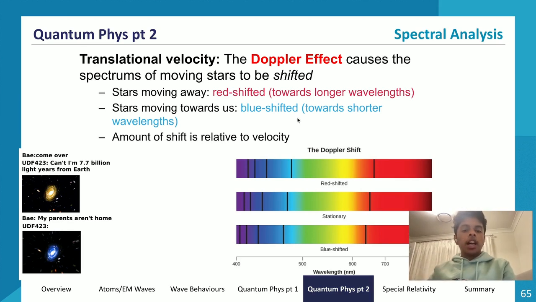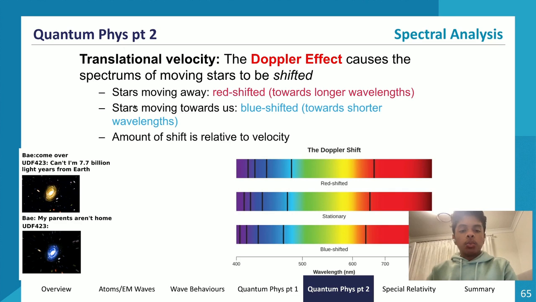If a star is moving towards us or moving away from us, the spectral lines of the star will be shifted. If the star is moving away from us, thinking back to the Doppler effect, the light wave is traveling towards us, but the source of light is moving away from us, so that light wave is going to get stretched, and it'll become redshifted. We can see this is what would happen if it's stationary, and if it's redshifted, the entire spectrum gets shifted a little bit to the left, but we can still find the chemical composition because the patterns of the absorption and emission lines will be the same.